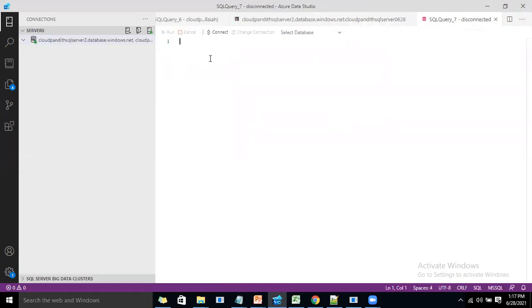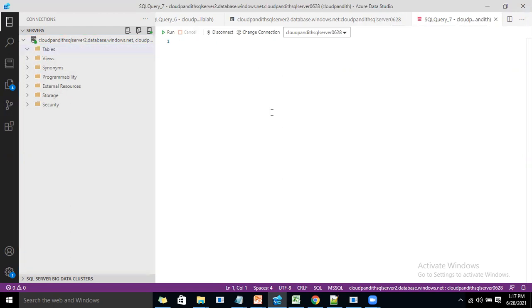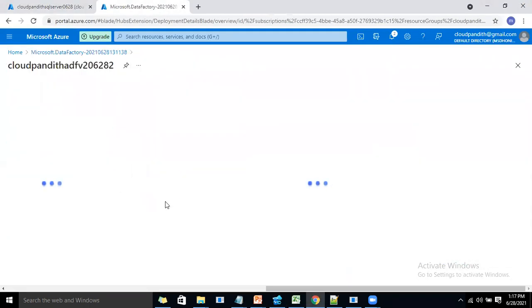In some time it will connect to the required server and the required database, whatever you have in this. Meanwhile, see, tables, everything came, but we don't have any table. I don't want to create any table from my end, because in the REST API I have a lot of columns. So I don't want to create the table on my own. I want to create the table from Azure Data Factory automatically, based on my REST API results. Come here, now open your Data Factory.